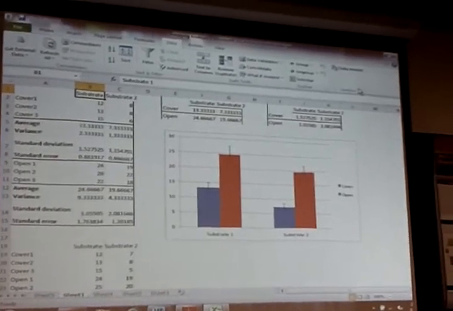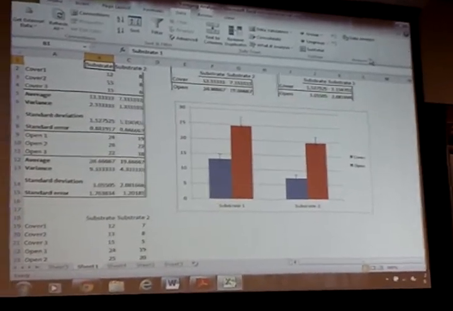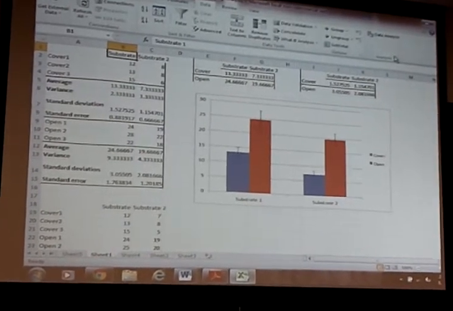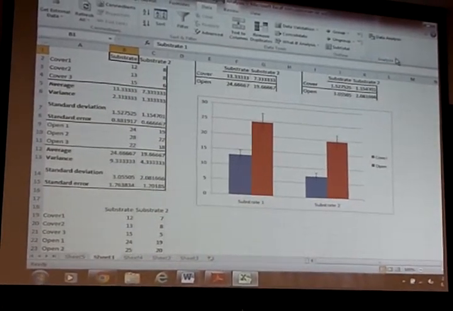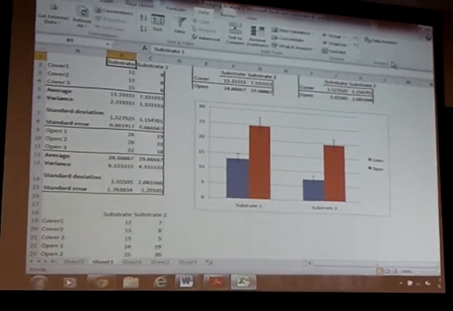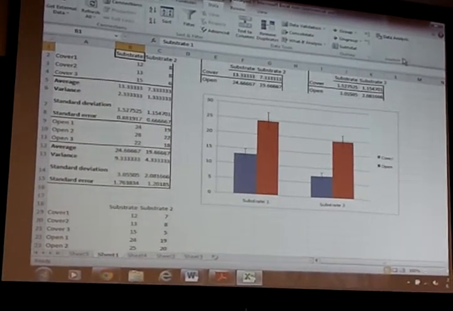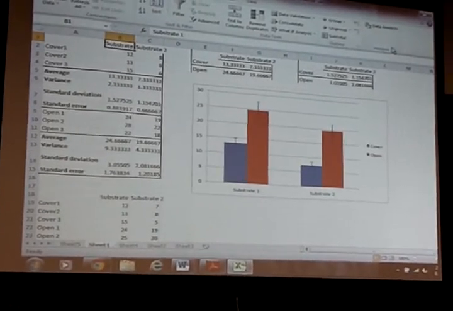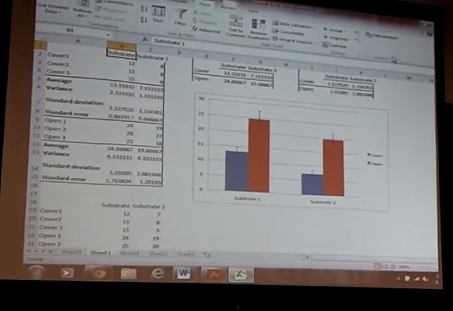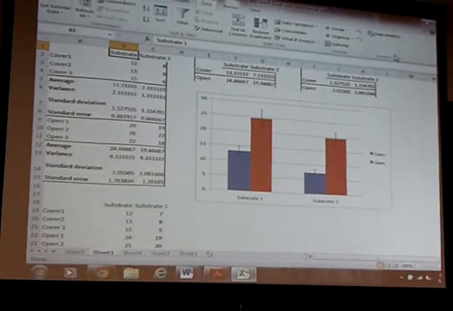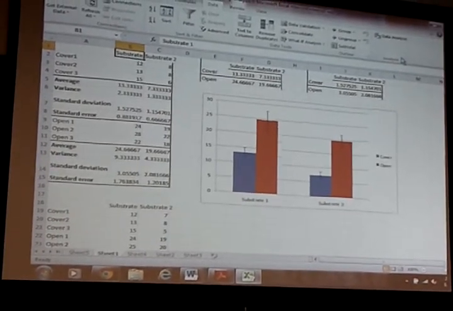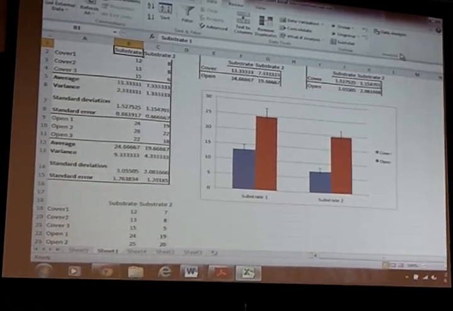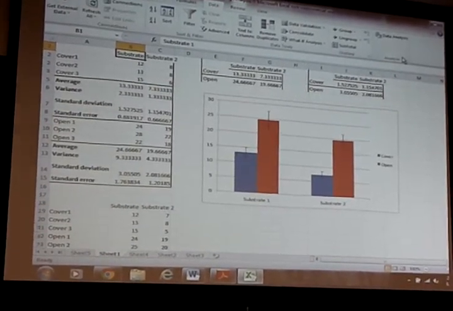So now we want to set up our information properly in order to do the actual test. So you'll see here on your analysis and write-up sheet, we've got the first 2 tables. These tables are only if you're changing one variable. And if you guys remember, we're doing a 2 factorial design. So we're testing the interactions between the 2 variables, right? So if you've got 2 different substrates out under cover and out in the open,